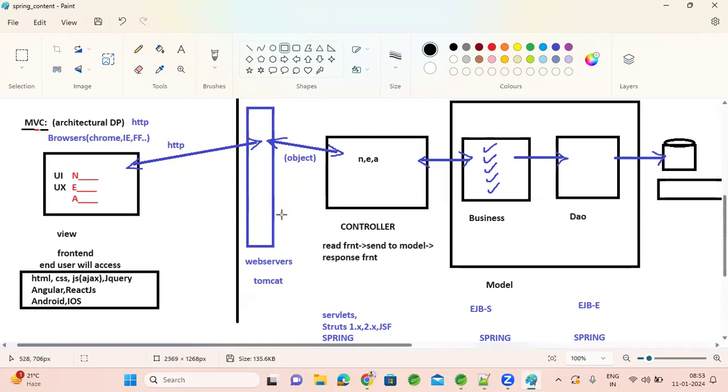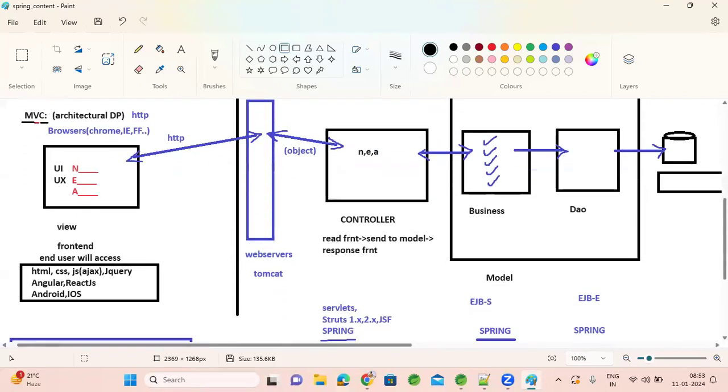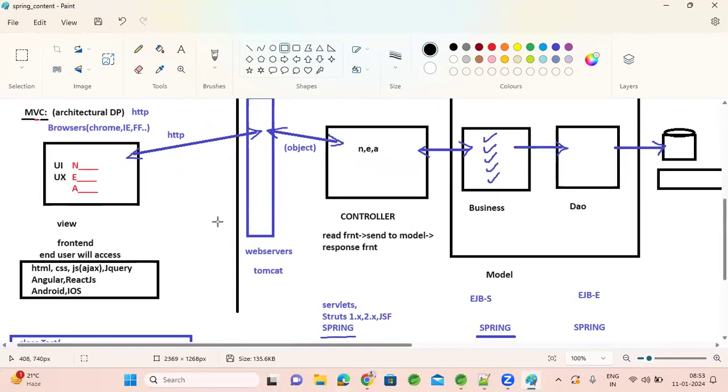The same pattern Spring also followed, and they made it even easier between layers. Before the Spring Framework, we didn't have that much ease in discarding one layer and adopting a new layer. But Spring made it very simple by following the inversion of control pattern, the IOC pattern. So why did Spring become more popular in MVC in terms of maintainability? When you implement an application using Spring, we can easily discard existing things and adopt new things without damaging the other parts.